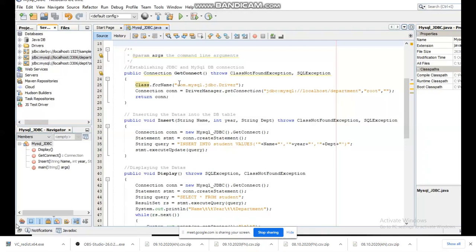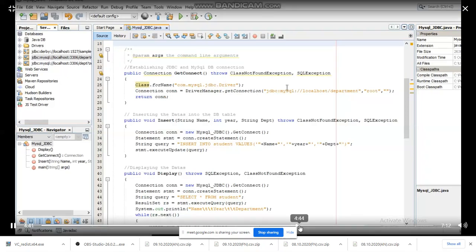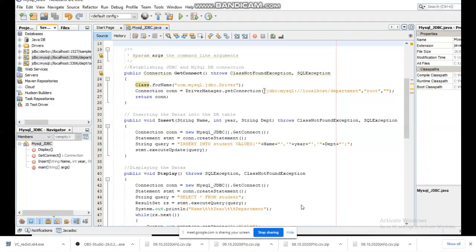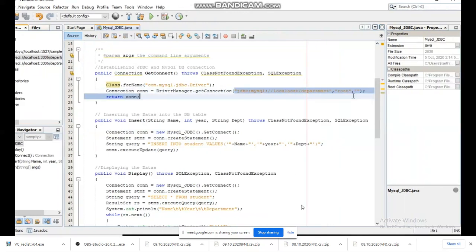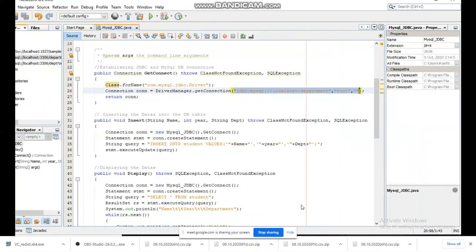So connection statements are being specified through those drivers, right? Remember, that's the place where you have to remember these statements. Because most people commit mistakes when they work with the statement of the driver as well as the statement of the connection. So when you commit a mistake there, you can't find what error you have made, because the error will be thrown by the Java compiler, not by the MySQL compiler.